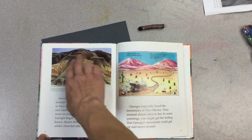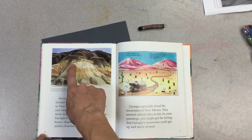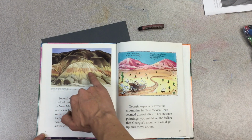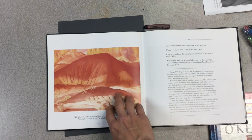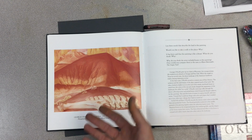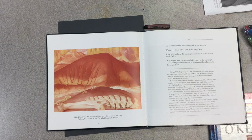And here we've seen, notice her color choices. She's got a lot of this charcoal gray and some lighter grays. She did add a little bit of red dirt and some yellow in this image. Here is another landscape, and obviously she has chosen warm colors for this image. The Red Hills and Bones is the name of this painting. But we're going to be using the idea of warm and cool color as we begin to create a modern